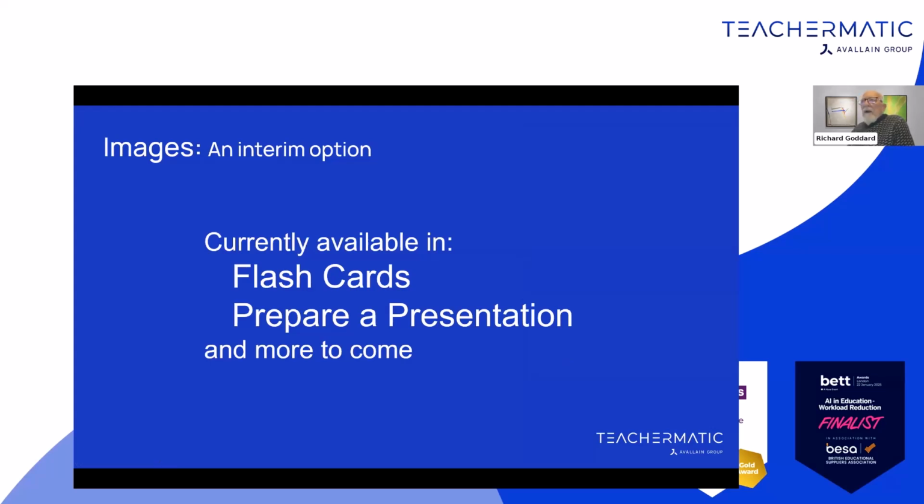Oliver mentioned image generation. It's on its way, but it's not there yet. It won't be very long now at all. But flashcards was the one he demonstrated. We also have a generator called Prepare a Presentation, which creates a very quick way of creating a PowerPoint. But neither flashcards nor Prepare a Presentation have had images in them